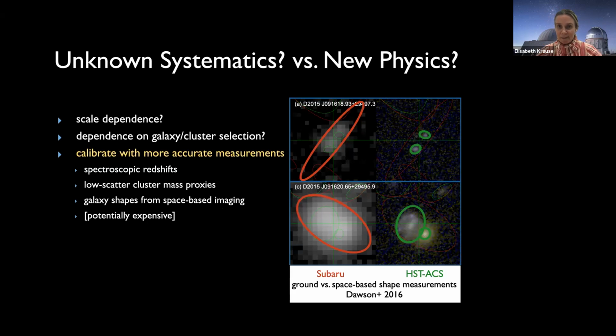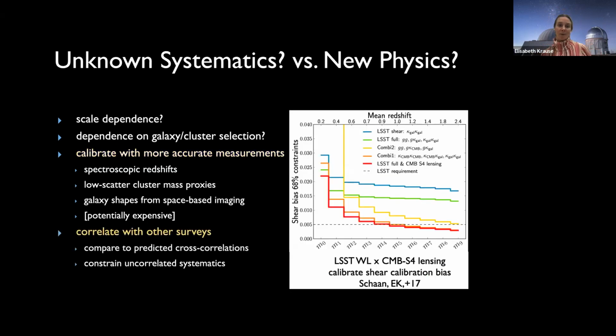Compared to this object-by-object calibration, we also have the opportunity to correlate with other surveys. That is, we compare the predicted cross-correlations to the actual measurements. And if we find consistency, showing that we were not plagued by an unknown systematic, then we can use these cross-correlations to constrain uncorrelated systematics. The worked example that I want to highlight here is a nice paper led by Manu Shan, where we looked at how well we can constrain the shear calibration uncertainty, that is the uncertainty in lensing measurements, from cross-correlations with